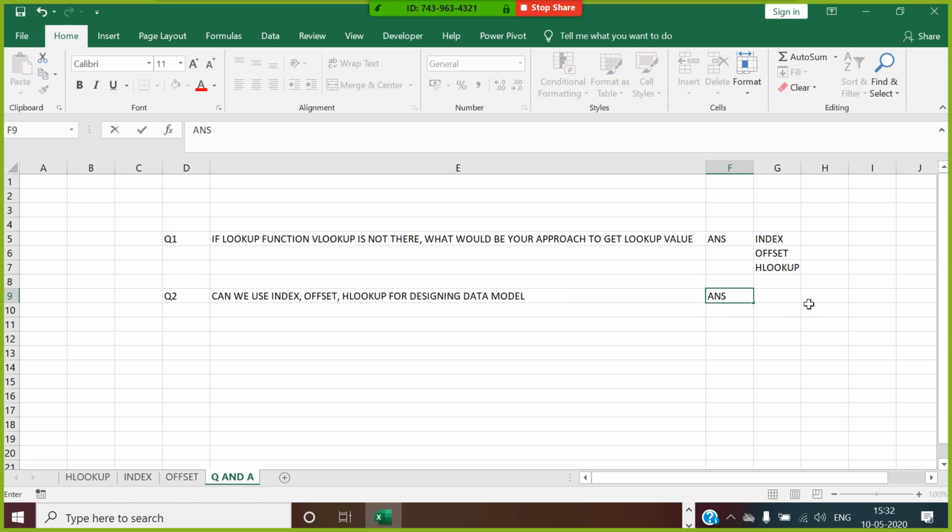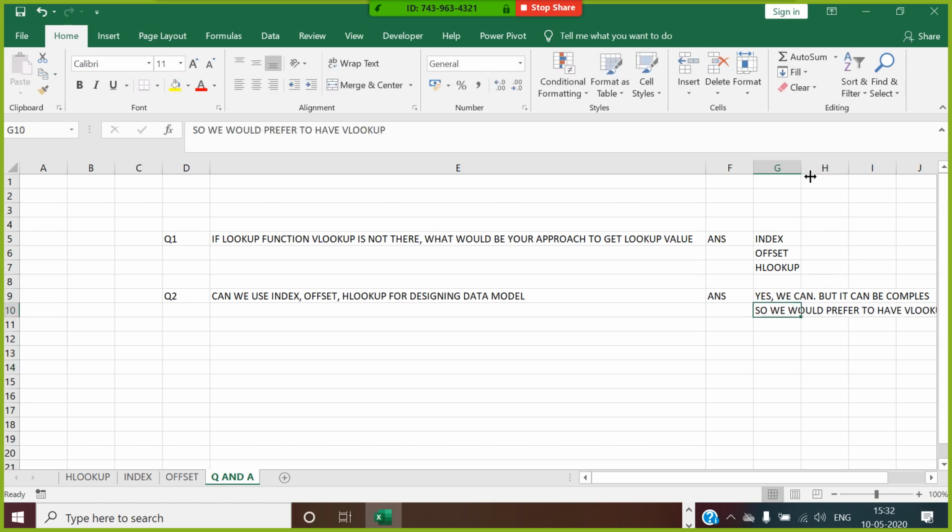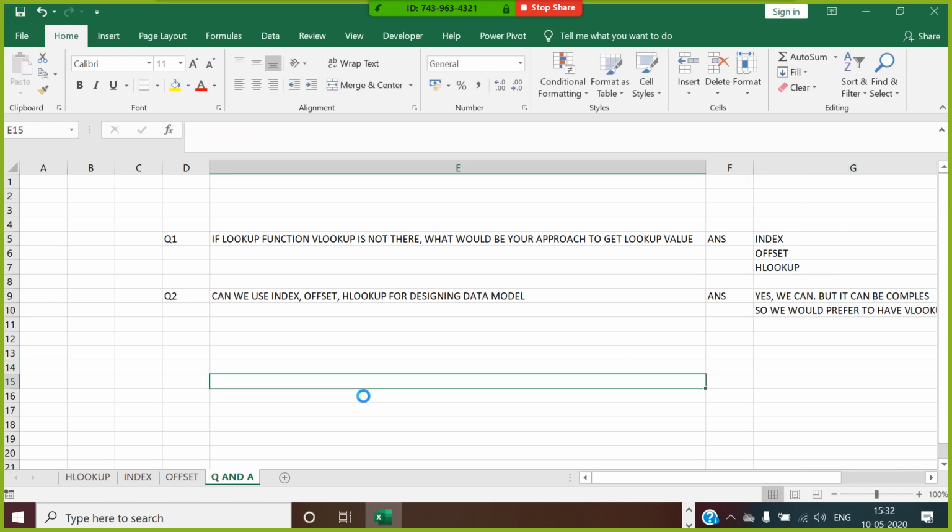The answer should be yes, we can, but it can be complex. So we would prefer to have VLOOKUP. Okay, guys. So this is how you have to remember these functions.